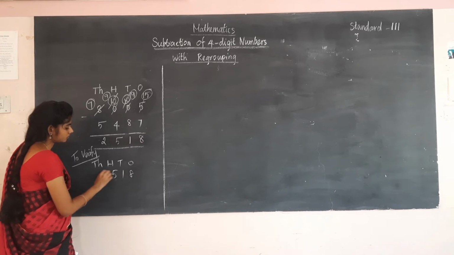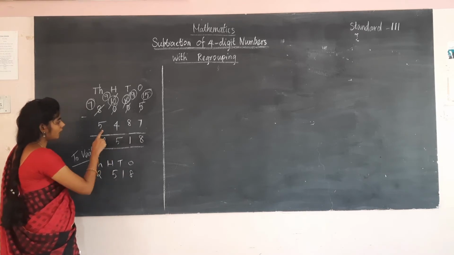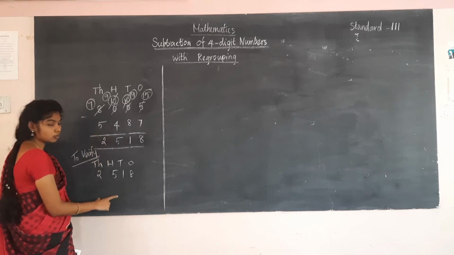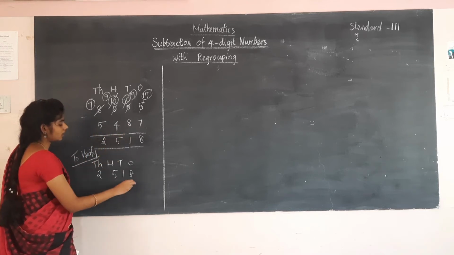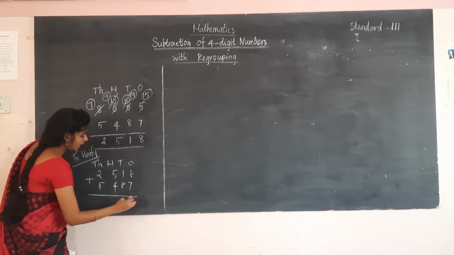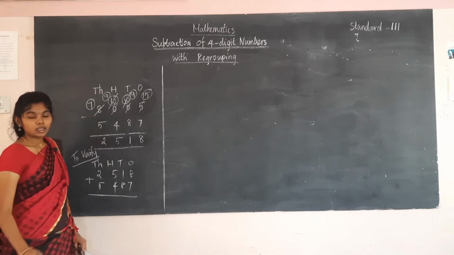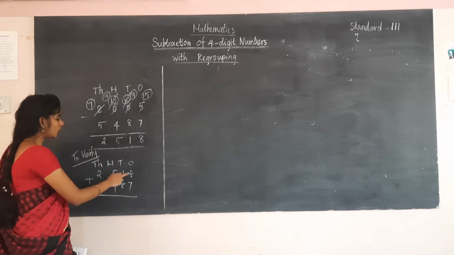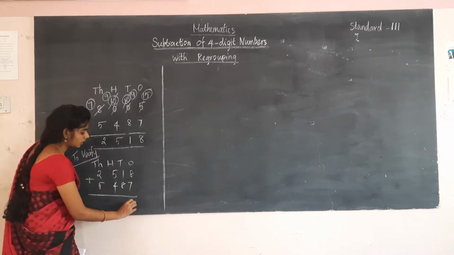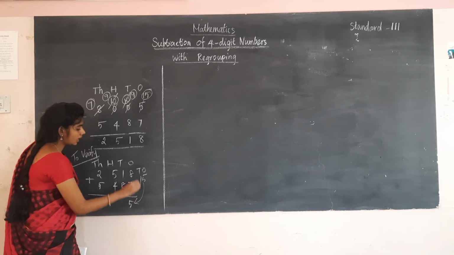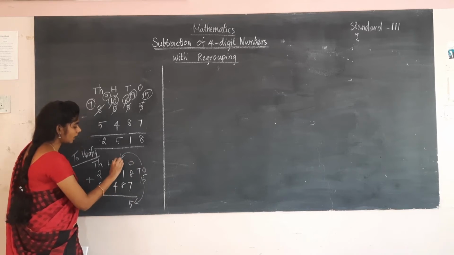2518. And then you are going to add 5487, not subtract, you are going to add the number. While you are adding this number, you will get 8005. If we got this answer, we have done it right, that is the meaning. So here 8 plus 7 is 15. If it is a 2-digit number, you can write out the ones place and tens place. Take 5 to the ones and 1 to the tens place, that is you are carrying over the number.